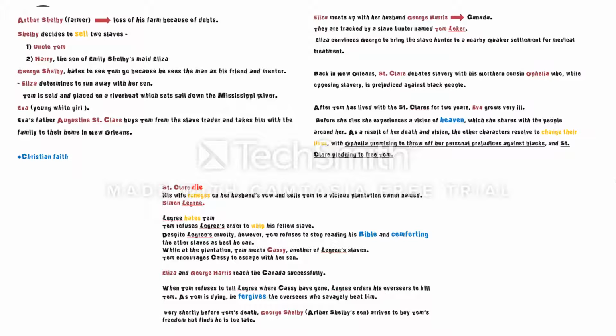I made a screenshot of the slides of the plot I have just introduced, and I colored the words about religion blue. And we can find that the first time Eva and Uncle Tom met, they quickly became friends because they have the same Christian faith. And the beautiful dream of Eva before her death is about heaven. And actually her death and the heaven influenced a lot of people around her. And during the worst period of Uncle Tom, he used the Bible to comfort himself and others. And as Tom is dying, he chooses to forgive the killers, and not to hate them.